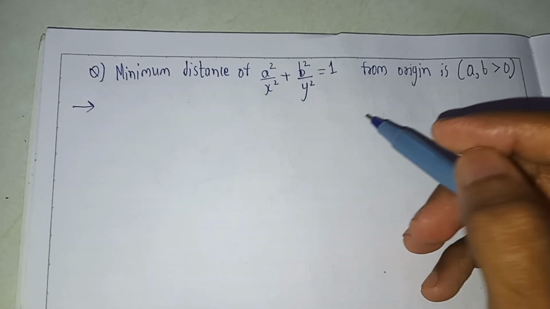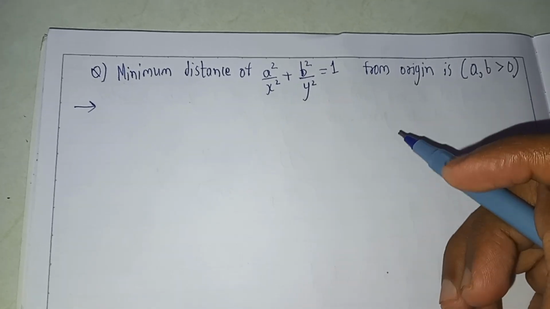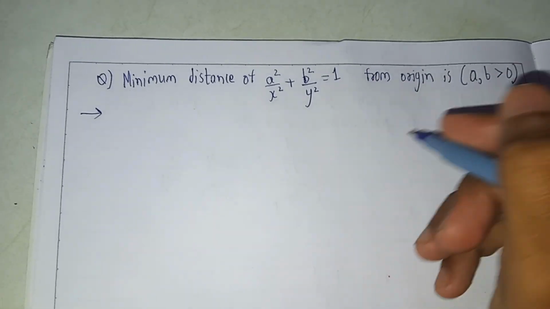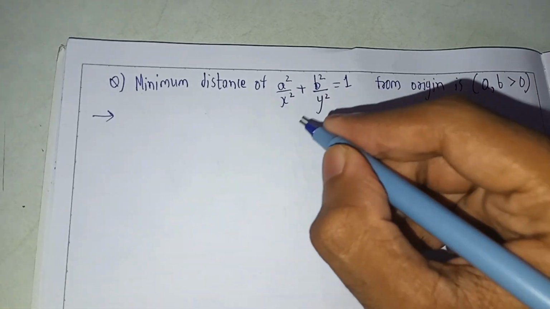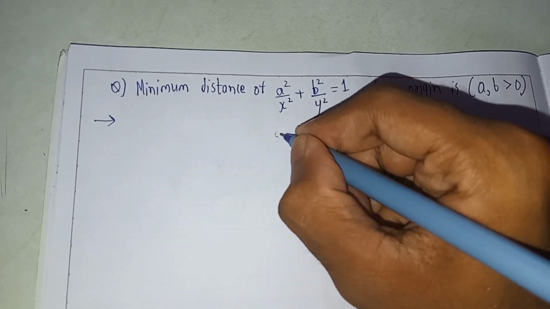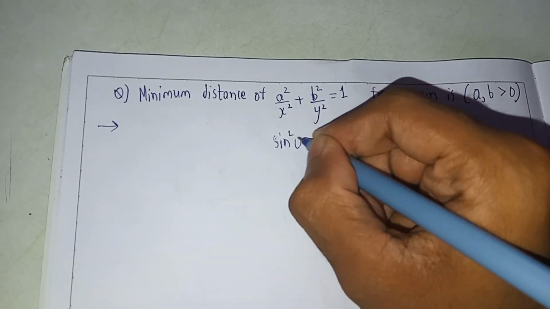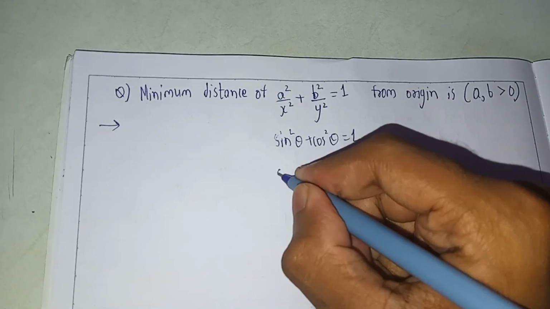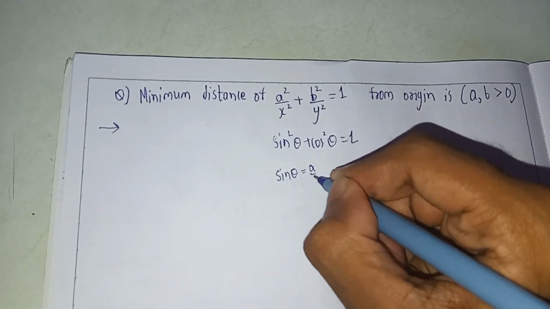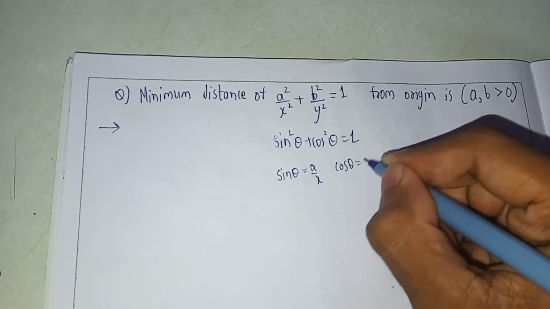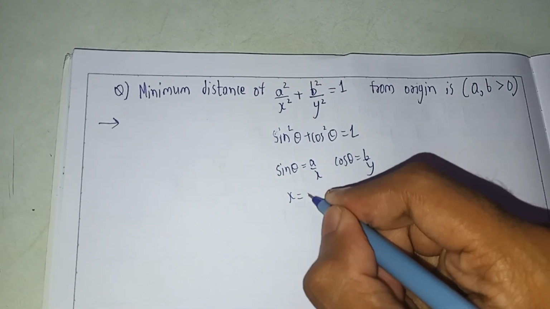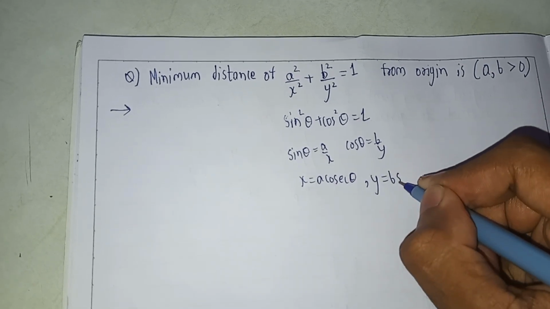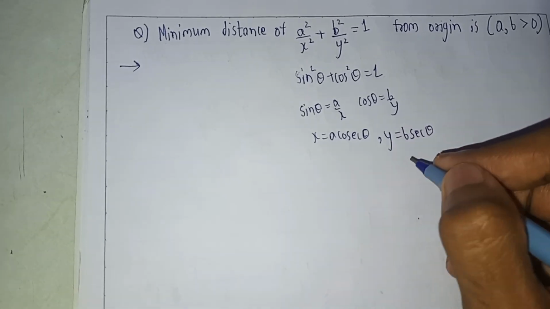Let us solve this question where we ask the minimum distance of (x, y) from the origin. So firstly we will see this as sin square plus cos square form. Then here sin theta is a by x and cos theta is b by y. So the value of x is a cosec theta and y is b sec theta. From here onwards,